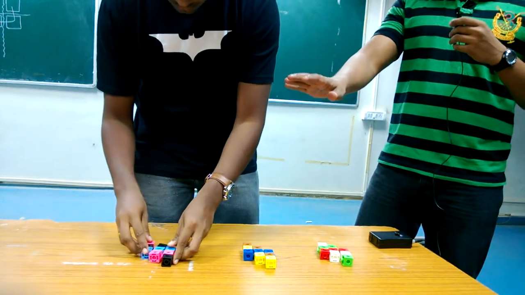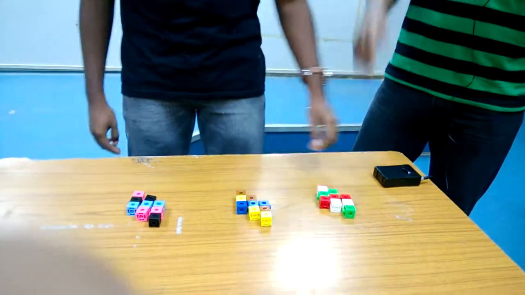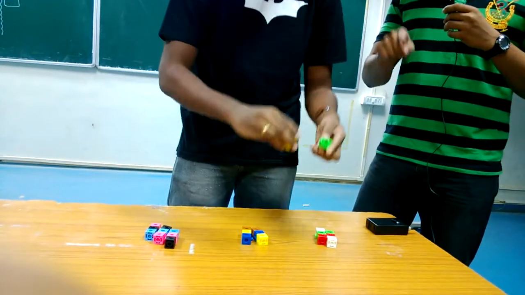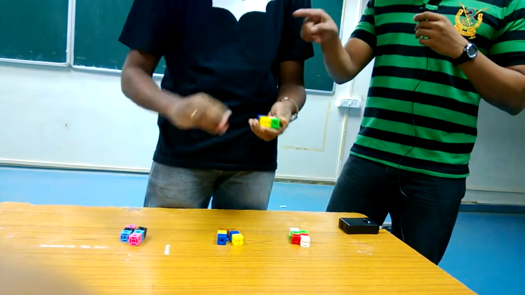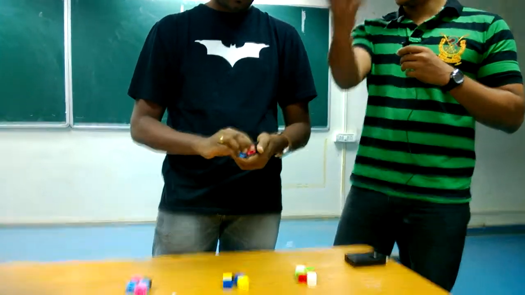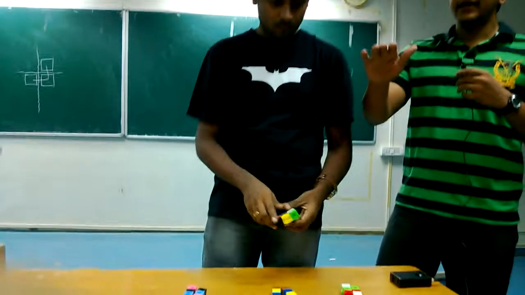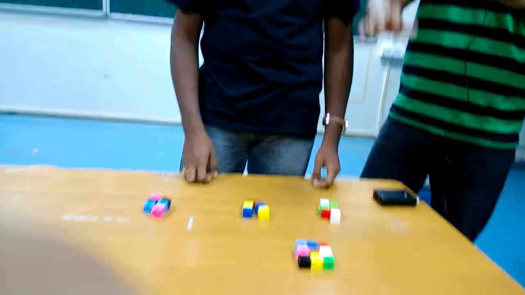Now that we have done this, the next step is to combine them into single rows of 3. We take one block from the first combination, another from the second combination, and another from the third combination. You can just show them that. So we are done with one row. So assume that this is the first level of the organization that we are assembling here.